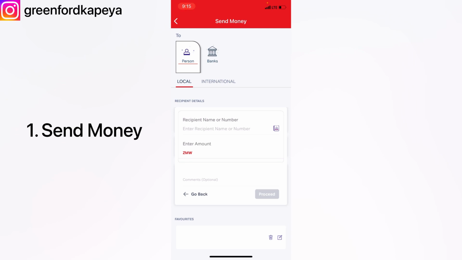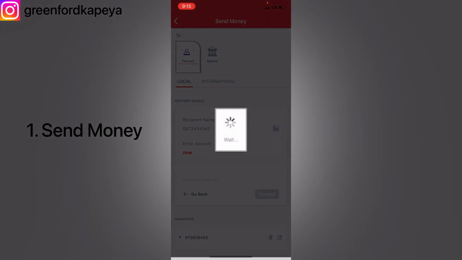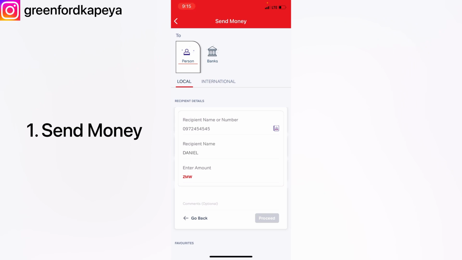So where you want to click now is where it's saying enter recipient number. So this is the phone number of the person receiving the money we're about to send. So let's say for instance it's 097. That's just an example, and it has brought you the name. So if you're okay with the number that you've put and the name is correct too,